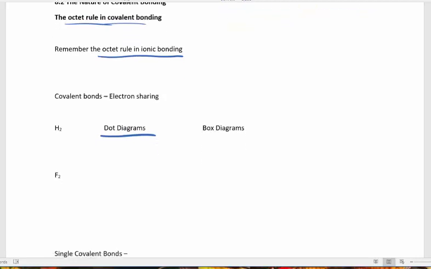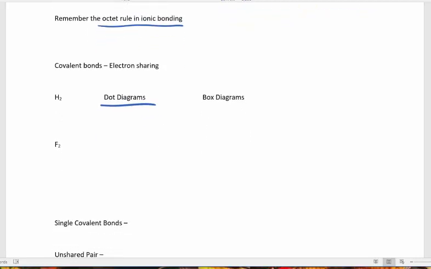What we want to do is draw dot diagrams, and you know what those are, to illustrate how substances covalently bond together. So let's take hydrogen, which has 2 hydrogen atoms. What you're going to do is draw each hydrogen atom, and then put your dot there representing the 1 valence electron of hydrogen. Now, hydrogen is either going to want to give away an electron or take an electron. It's not going to want to do both things. So it doesn't make sense that this one would want to give and that one would want to take. So they get close together, and they share each valence electron